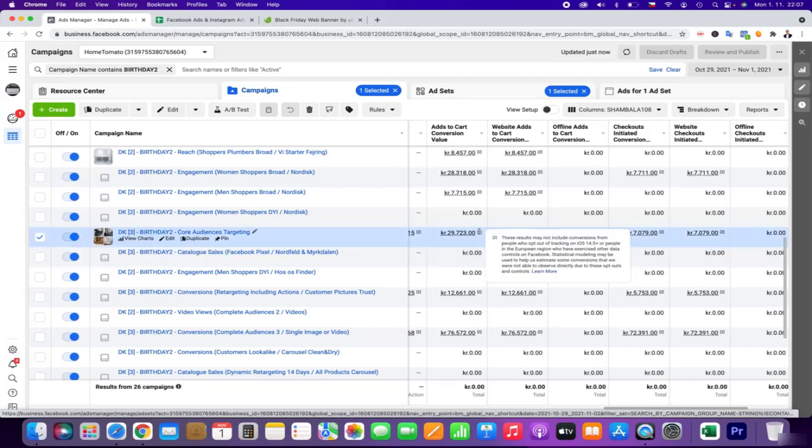As you can see, these results may not include conversions from people who opt out of tracking on the new Apple iOS 14.5, 15, 15.01, and it's all the time developing this protection.